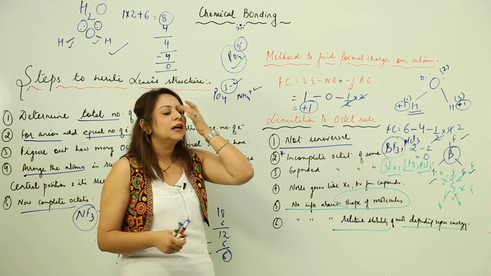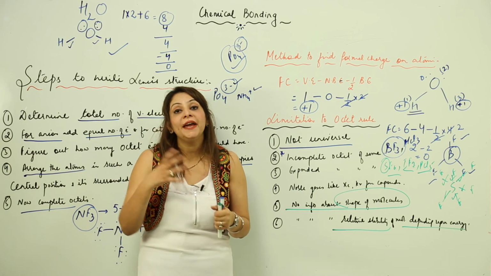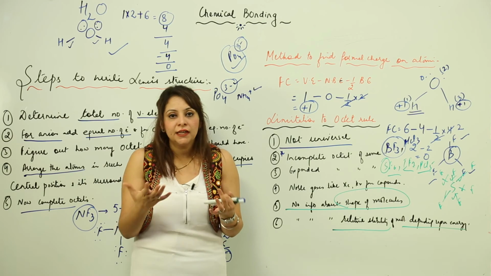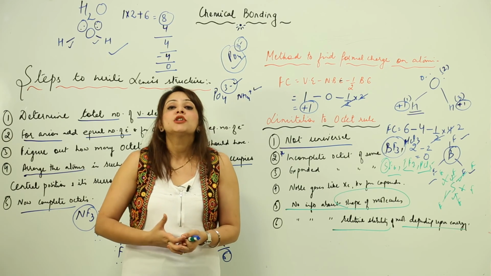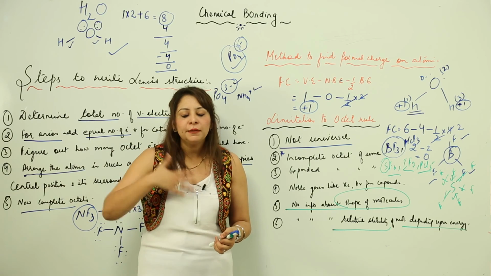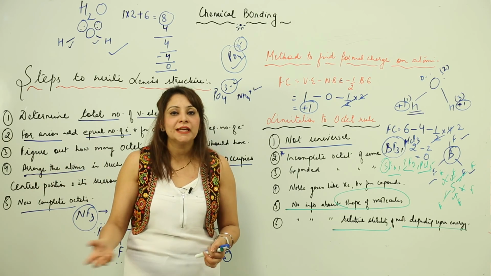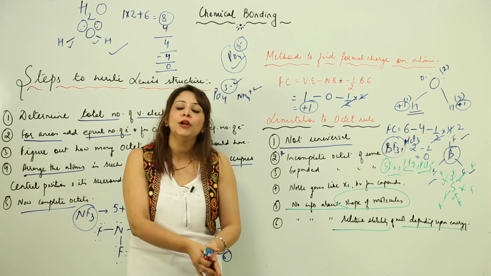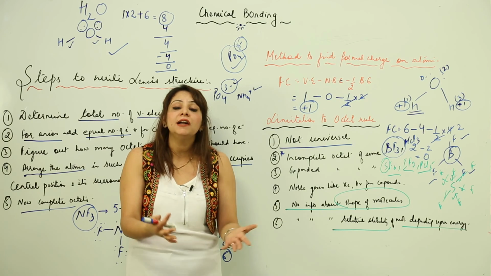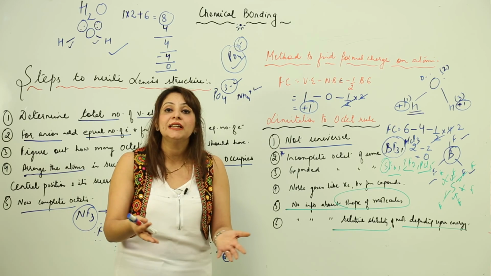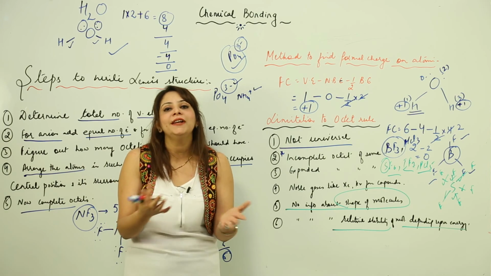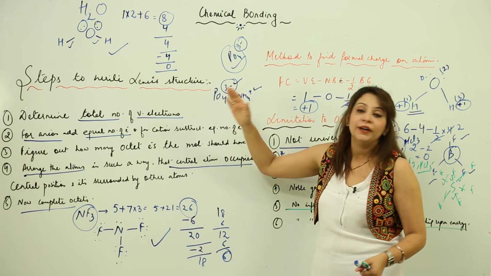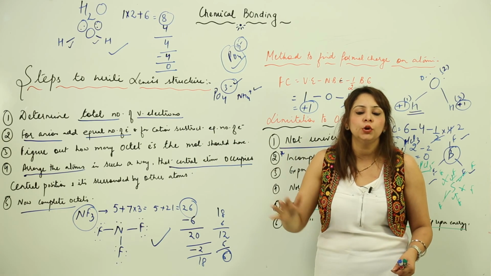So we can say that the octet rule suffered major drawbacks because it couldn't explain many phenomena. If somebody is giving you any theory or rule, there should not be any exceptional case. It may happen that it possesses 1 or 2 exceptional cases, but here we see so many things: noble gases are combining, there are certain molecules which have an expanded octet, and there are molecules in which the central atom possesses fewer electrons than the octet. How can so many drawbacks be accepted? They can't be accepted, right? This was the reason that the octet rule theory given by Kossel and Lewis actually failed.